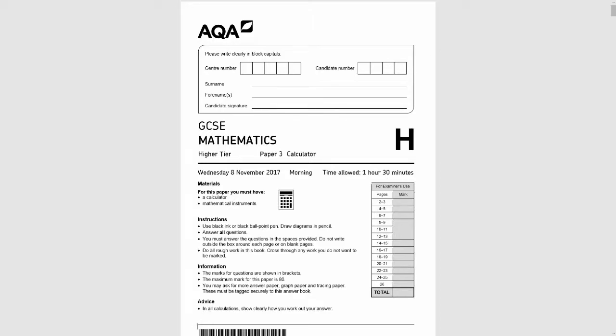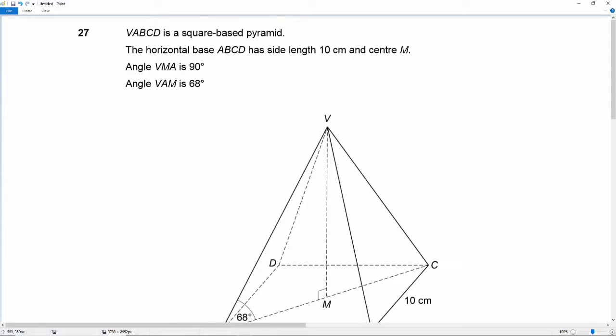In this video we're going to be looking at the November 2017 past paper of the AQA GCSE 8300 series. This is the third paper in the higher tier. It is a calculator paper, so we are allowed to use calculators. And we're picking up in question 27, which reads,